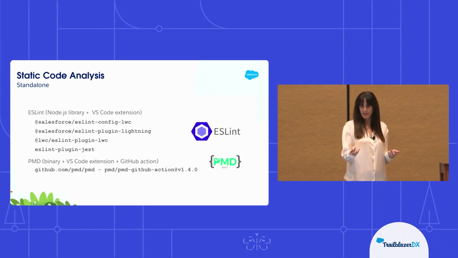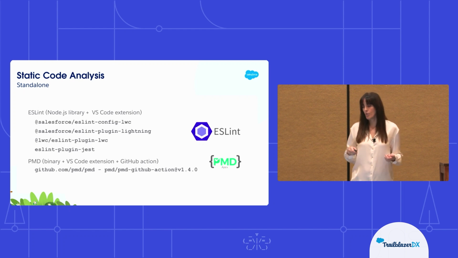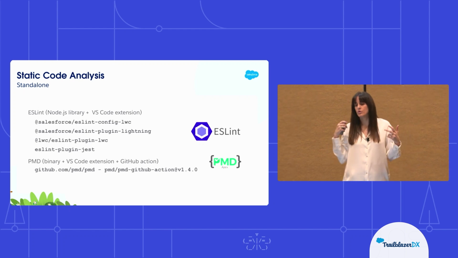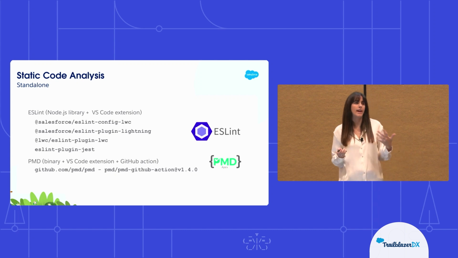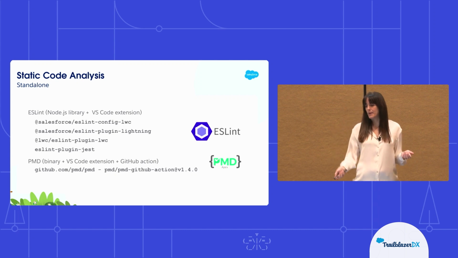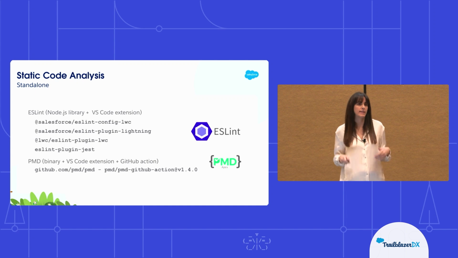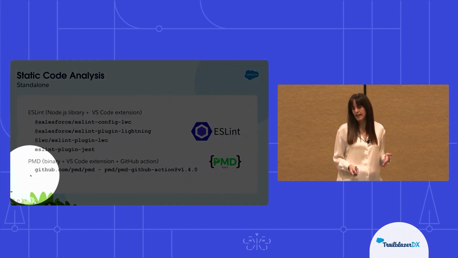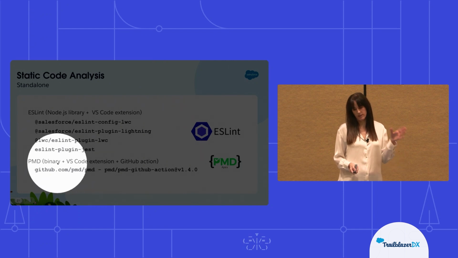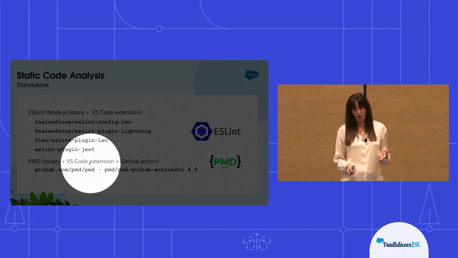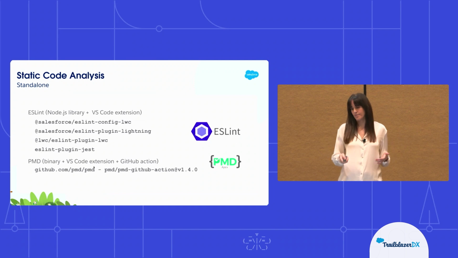So the recommended option is to include all these plugins in your package.json file. And if you want to also do static code analysis over Apex, you can include PMD. PMD was created specifically for Apex, and it has a binary distribution that you can install in your machine. It also has a VS Code extension, so all these